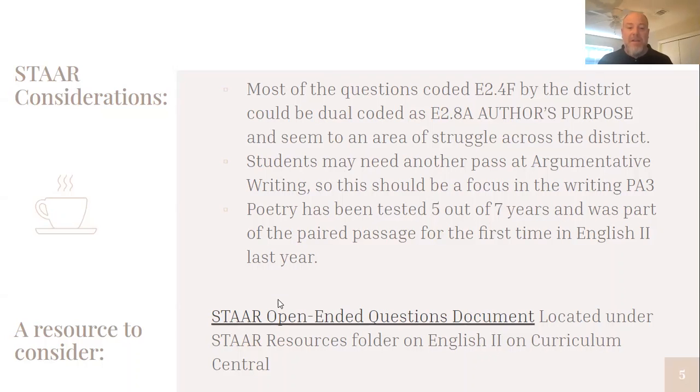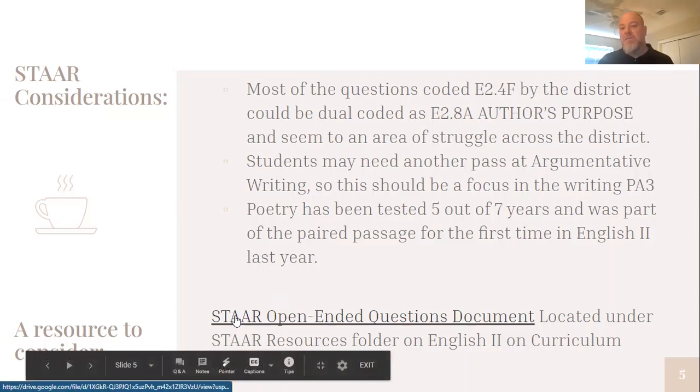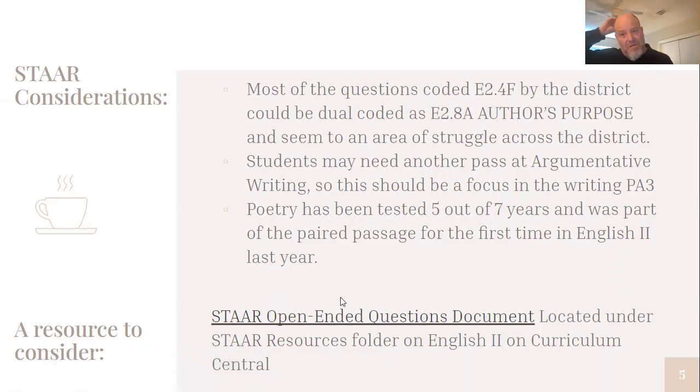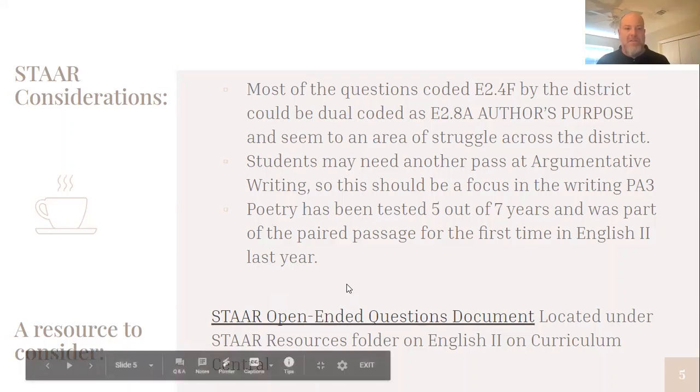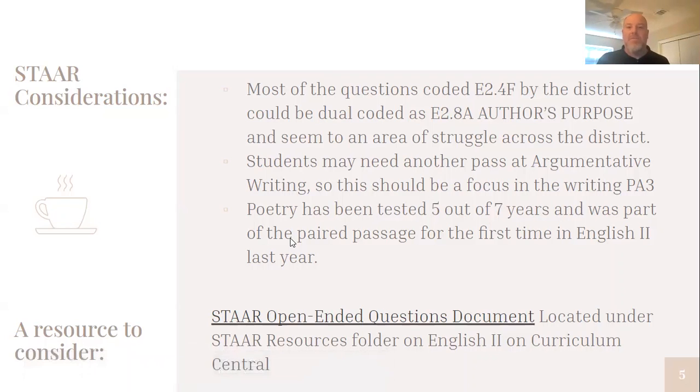And you can find all those kinds of question stems that have shown up on STAR in the open-ended questions document that's on the STAR resources. I've talked about that before in our content conversations, and I can show you in content conversations if you don't know where that is. But anything that gets to, why is the author doing what they're doing in this particular